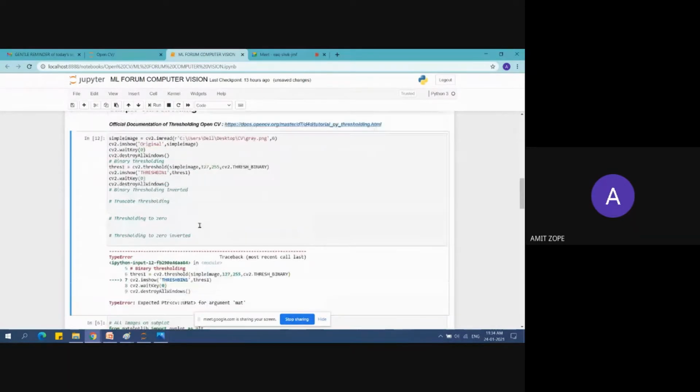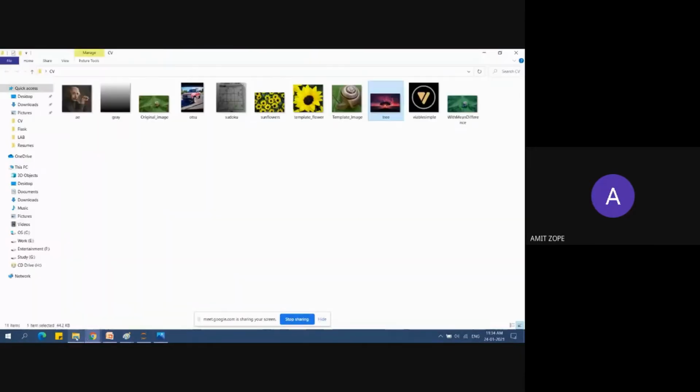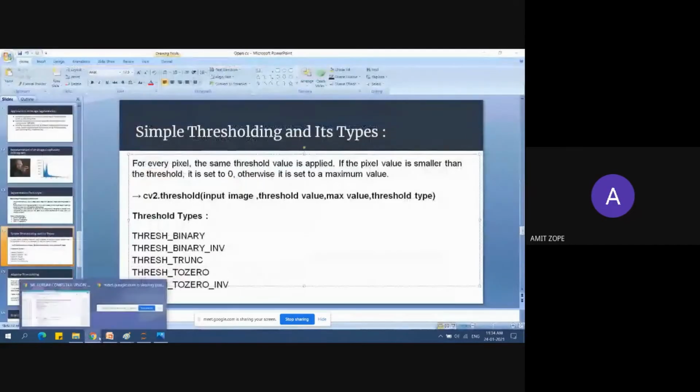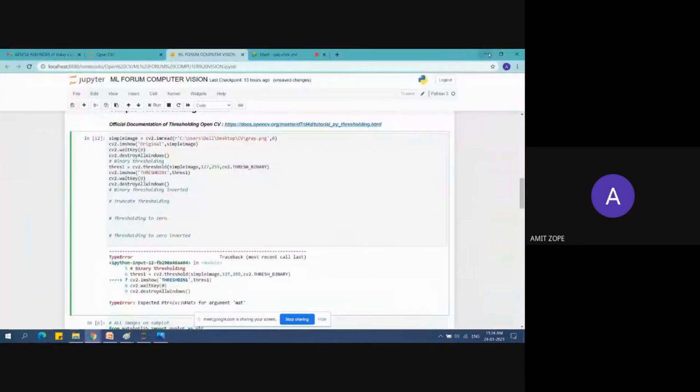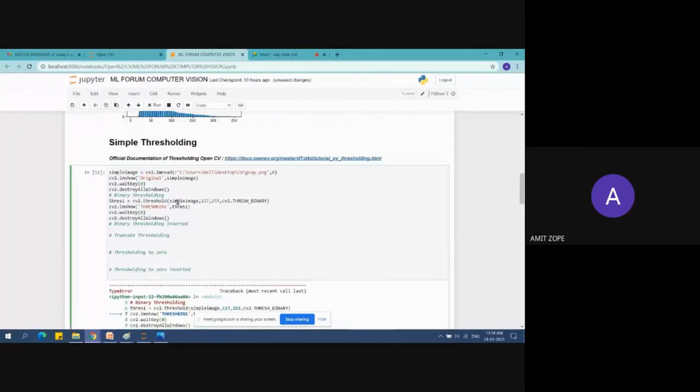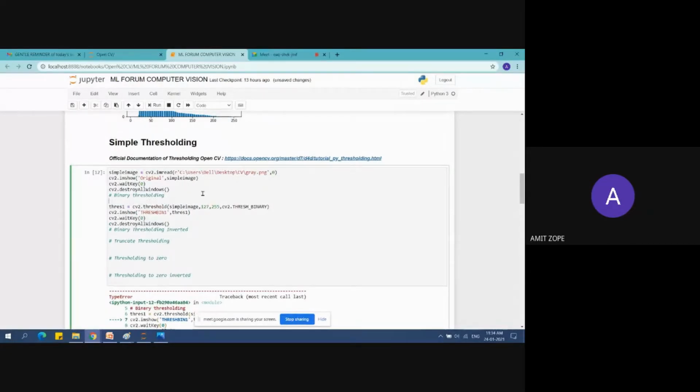Yeah, okay. This is the error. I will now have to solve the error. Wait a minute. Yeah, input image, threshold value, max value, and the threshold type. Thresh one, I think so. What is the error here? We need to specify thresh binary, simple image, and it is simple image.